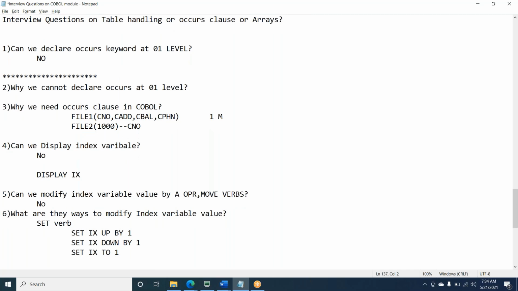SET IX TO 1 means initializing to 1 or to 4, something like this. We can also do it with PERFORM, like PERFORM PARA1 VARYING IX FROM 1 BY 1 UNTIL IX equal, like this. This is possible. But if you want to add IX to 1, that is not possible.